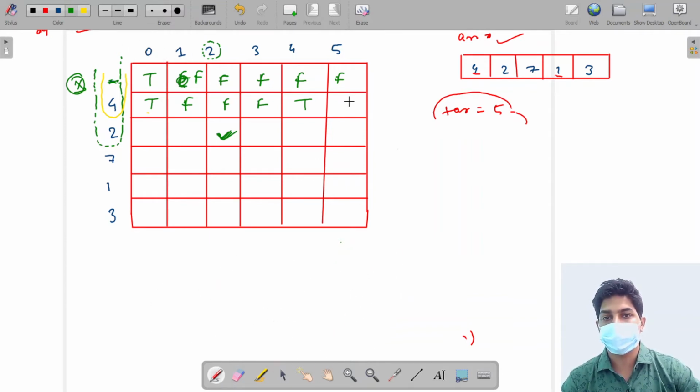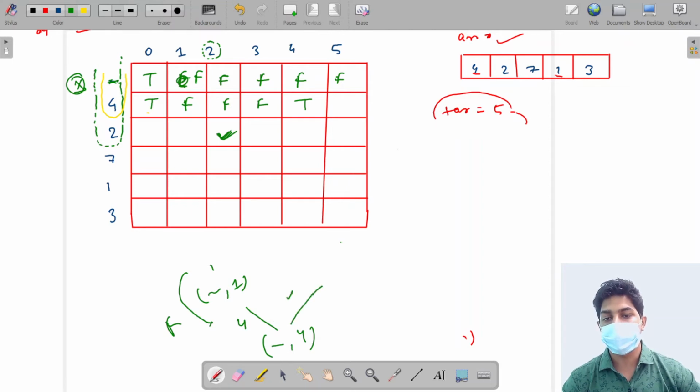Now take the case of 5. Is it possible for dash and nothing and 4 to make sum equal to 5? If 4 comes into play, then what are we left with? We are left with, is it possible for dash to make sum equal to 1? If we check dash in presence of 1, it returns false, not possible. If 4 does not come into play, then is it possible for dash to make sum equal to 5? Dash in presence of 5, false. It is not possible. So this also returns false. So false and false is false.